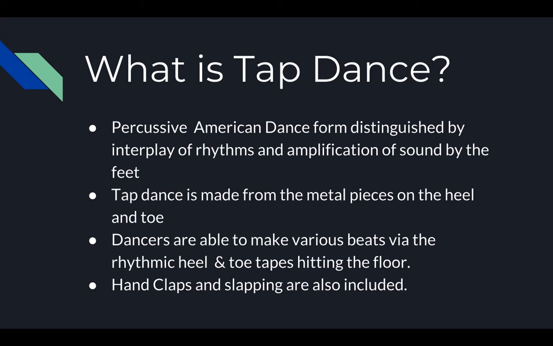Typically, when we see tap dancers, the shoes are a very important part of tap dance. They have metal pieces on the heel and the toe of their shoes so that they are able to make the sound that we hear when they are tap dancing. Dancers are able to make various beats and sounds rhythmically with their heels and their toes as they tap the floor